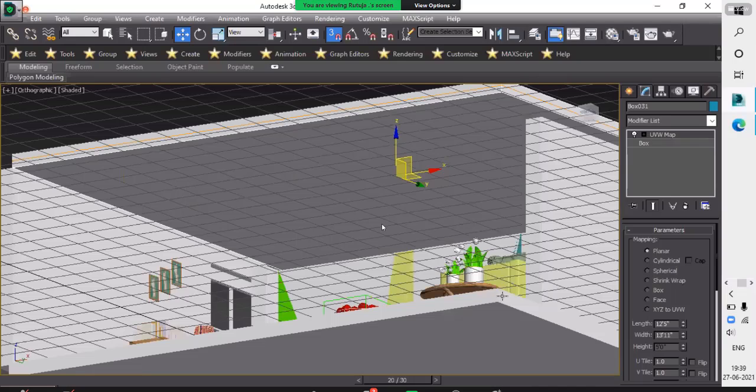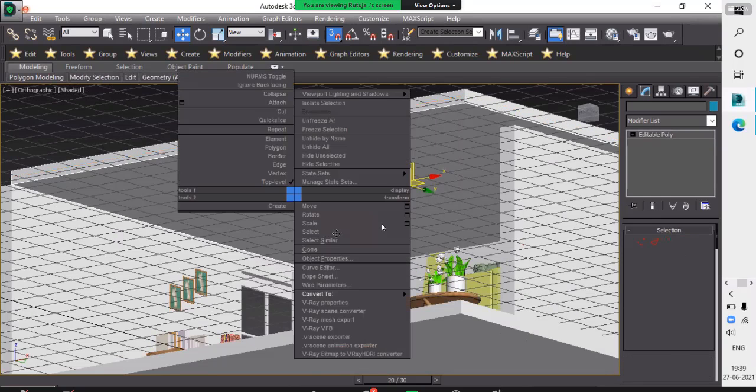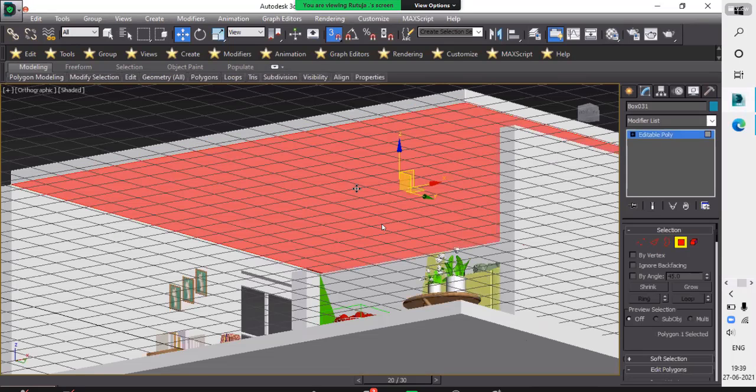Convert it into editable poly. As we do every time, take a polygon and select the lower side of this box. Yeah, right, Rupesh.